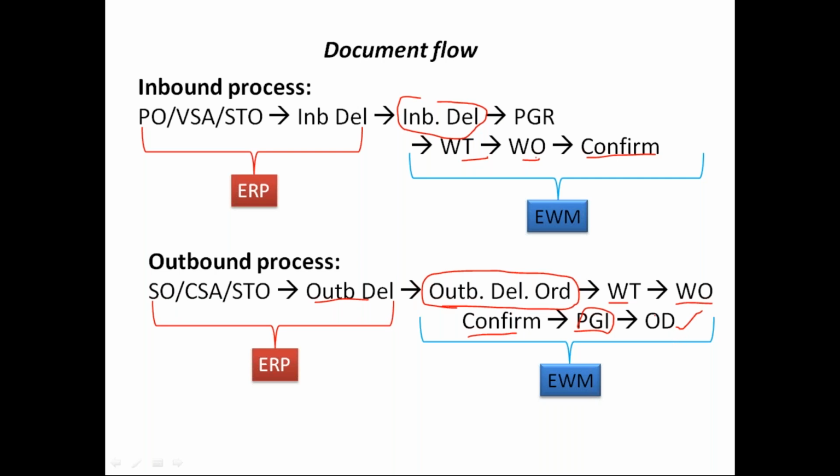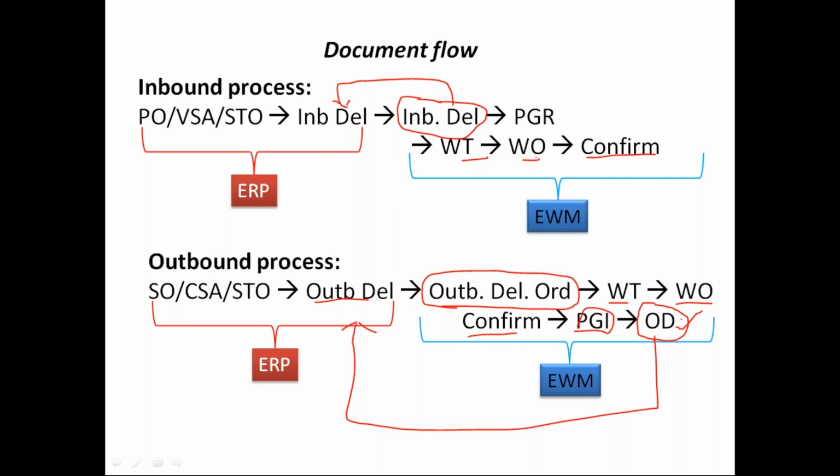In EWM, system creates one outbound delivery. So this is mandatory to create one extra outbound delivery in EWM. Why do we need this? This is used to send the communication back to ERP. In case of inbound, against inbound delivery, communication will be sent. But in case of outbound, after you perform all activities in EWM, it creates one outbound delivery. This is the one which is used to send the communication from EWM to ERP. So this is a technical requirement basically.